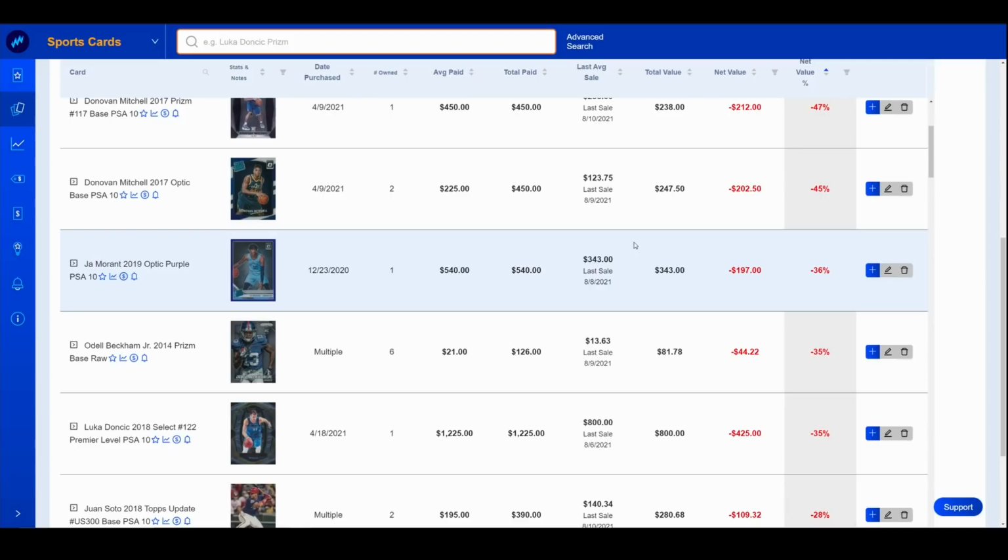I'm a big Marant guy, and I'm a sucker for Optic color. This is pretty low pop, and it is a sexy looking card. People have seen it on the channel a bunch. Sure, I'm not happy that I'm upside down on it, but frankly, I don't care because I have faith in this card long term, and I have faith in Ja long term, which I don't usually say about a ton